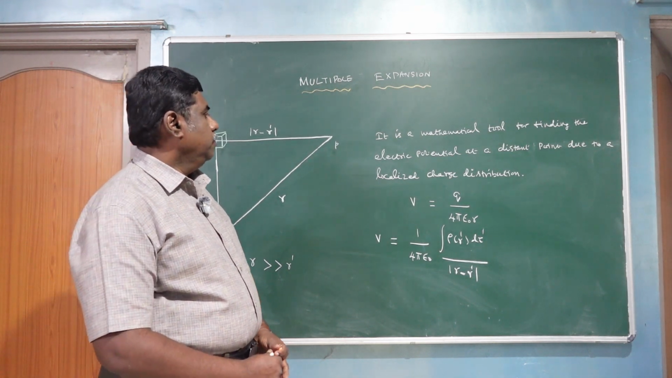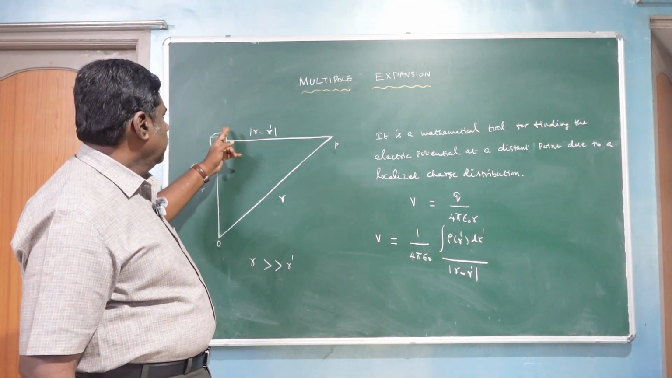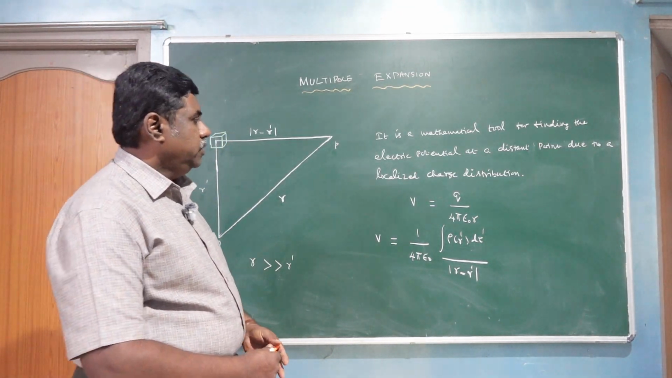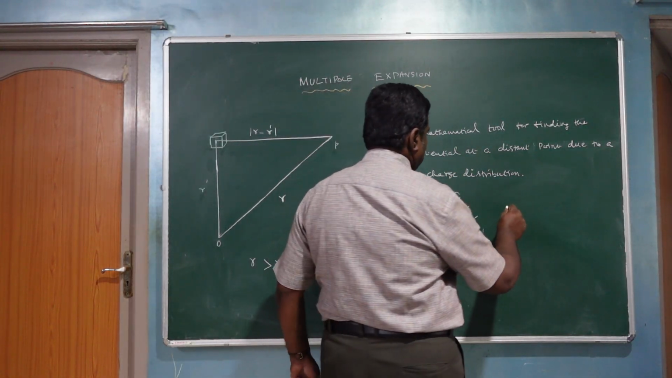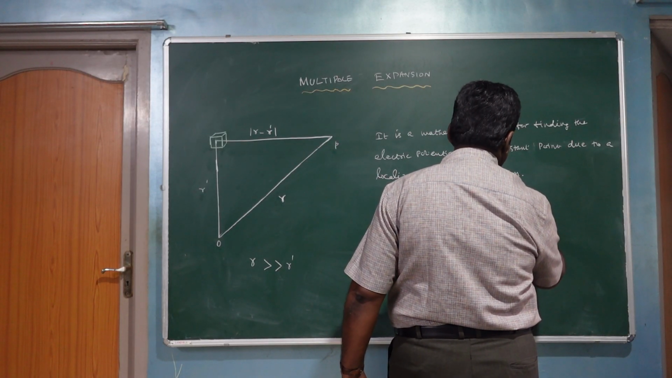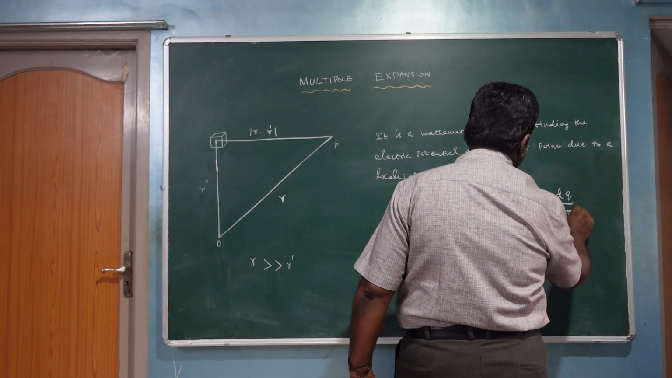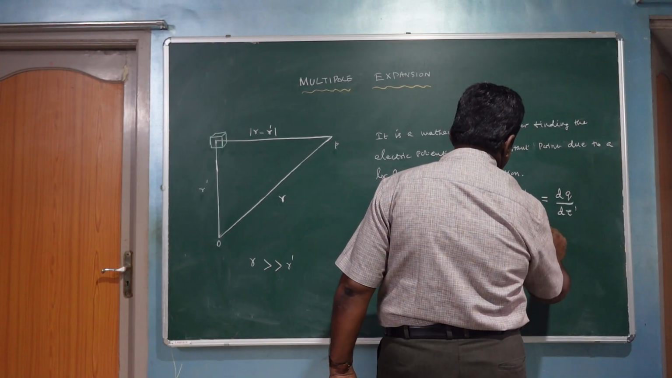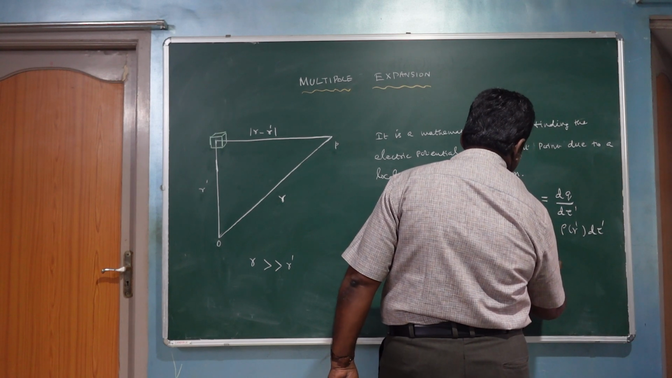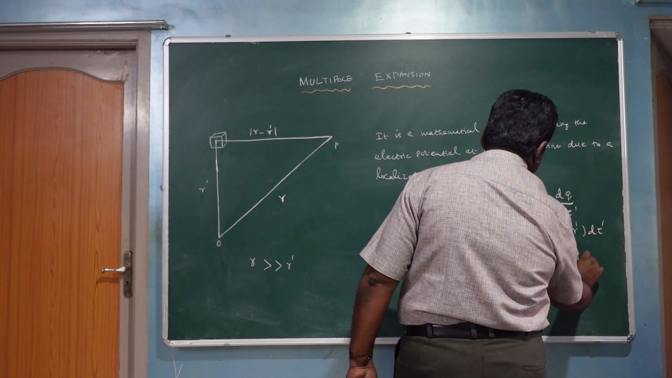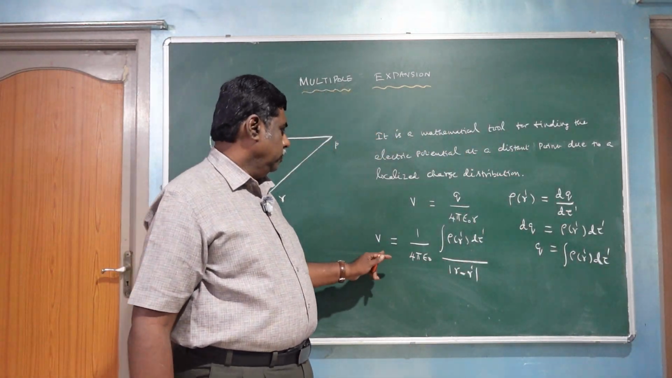As pointed out earlier, this localized charge distribution consists of many charge elements. Volume of each charge element is d tau dash. Therefore, the density of a charge element is rho of r dash equal to dq divided by d tau dash. Then dq is equal to rho of r dash into d tau dash, then Q equal to integral of rho of r dash d tau dash. In this way, we have presented this